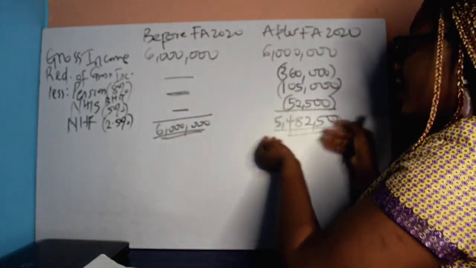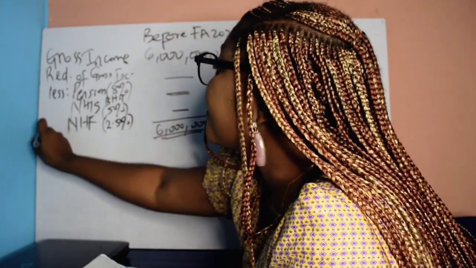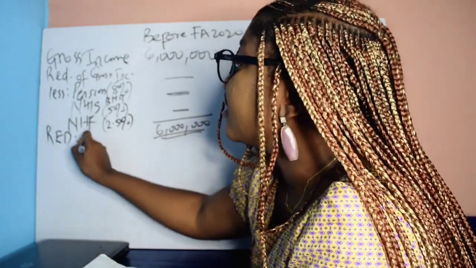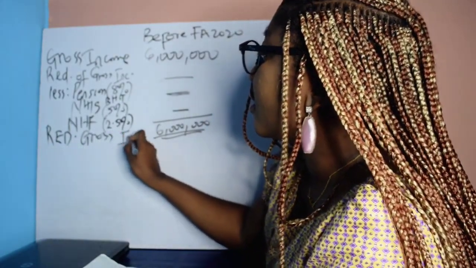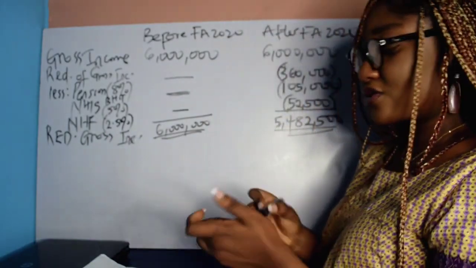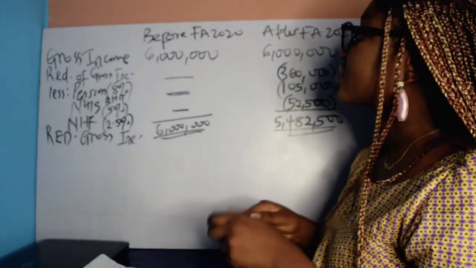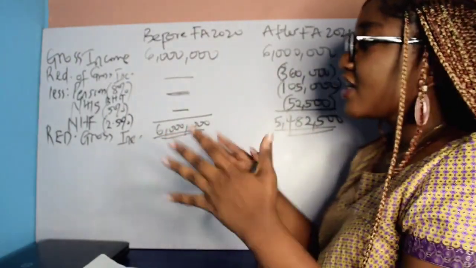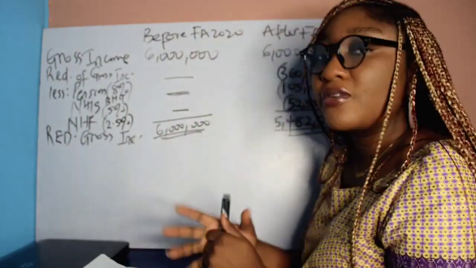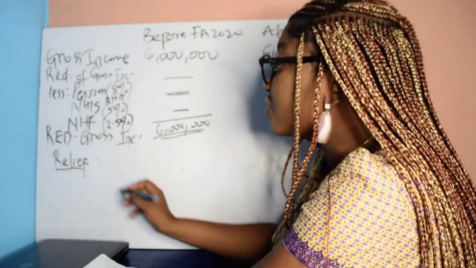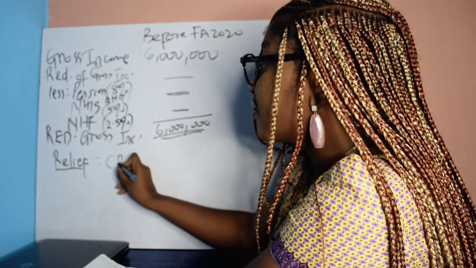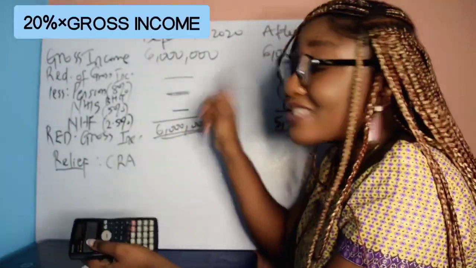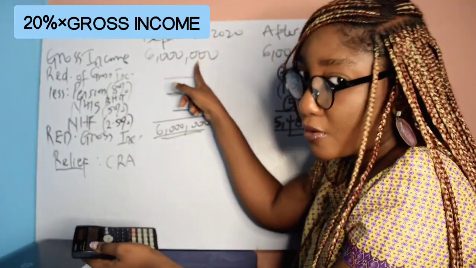Now, during Finance Act, you now have this as your redefined gross income. I'm struggling, so sorry. This is not a real board, I'm just improvising. Okay, so you've redefined. Then the next thing to do is now give the relief, right? The consolidated relief allowance. And consolidated relief allowance is usually 20% of your gross income